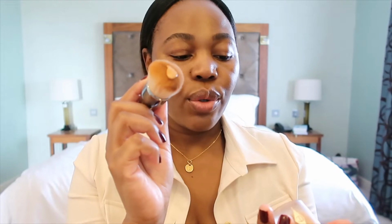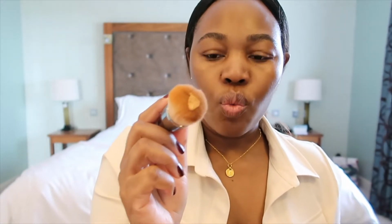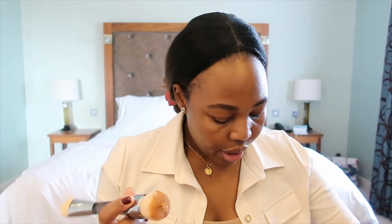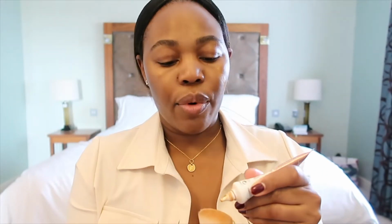This is a little lighter than my skin tone. It's called Warm Charred from Charlotte Tilbury. So I am going to mix it up with something so that it can become more of my shade, because if you see there, can you see that's too light for my skin tone, and I do not like looking like a ghost. So I'm going to add a little bit of a darker color to make it more favorable to my skin tone. And this one is by L'Oreal,